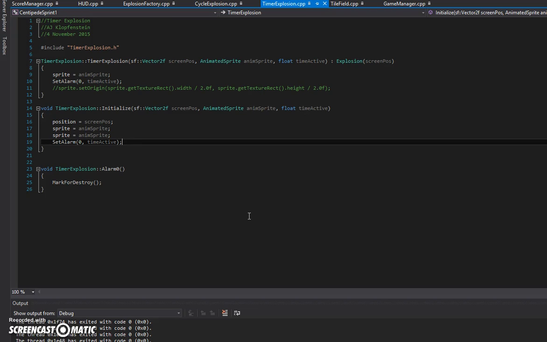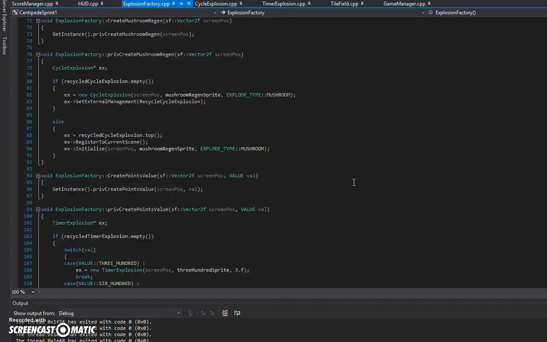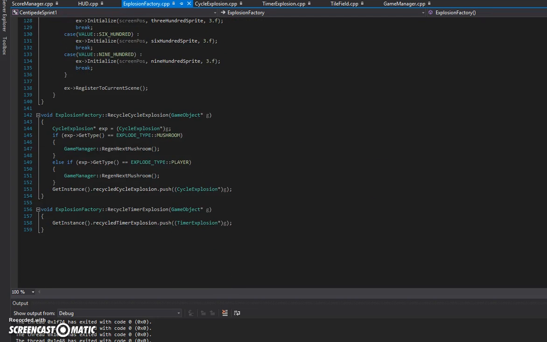The cycle explosions would be the mushroom respawning explosion and the player death explosion. The timed explosions would be the points values, obviously. And those are created in the singleton explosion factory and managed in here. You'll also note that